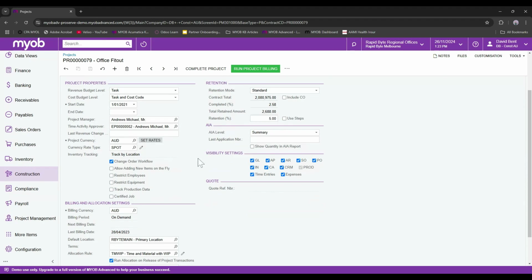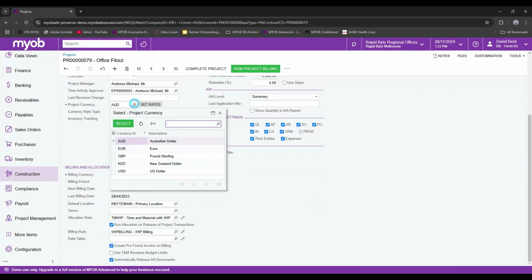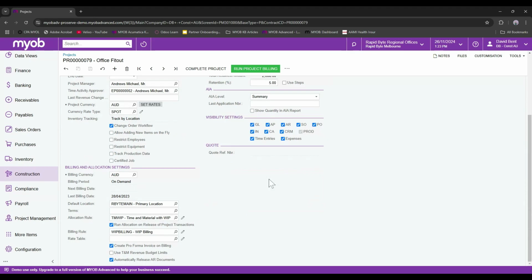If you've got multi-currencies for a project, you can do that over here. You can tag a project to different currencies. And there's other sort of configurations within here that will tell you how you want this project, or you can define to make this project behave in a way that you want to. Each project will have probably